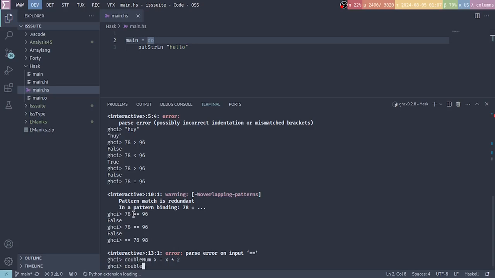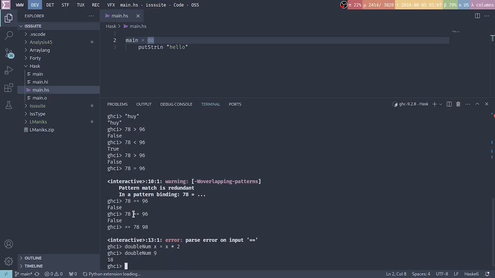Now let's say doubleNum 9, 18. Also I just want to point out the difference between print and putStrLn: print is used for things other than strings, and putStrLn is only used for strings. Alright, where was I? print doubleNum